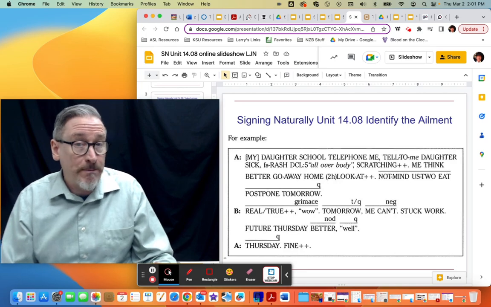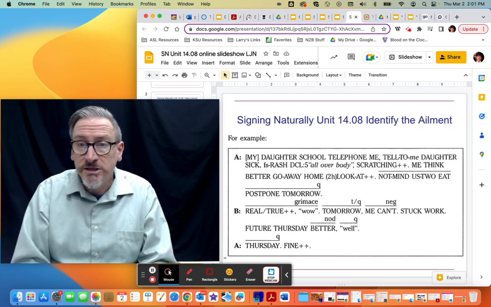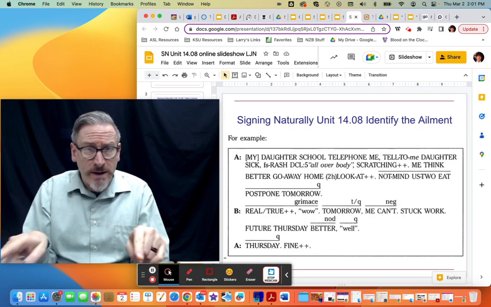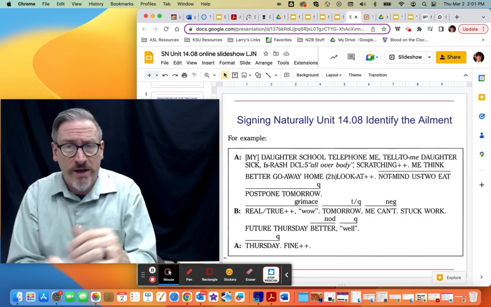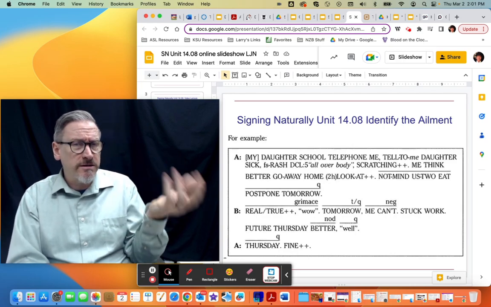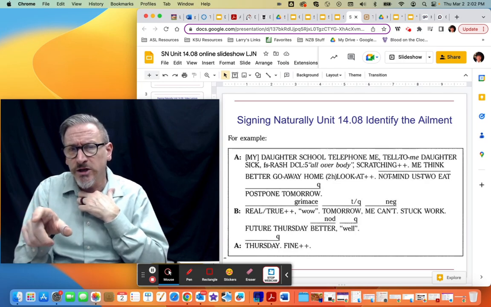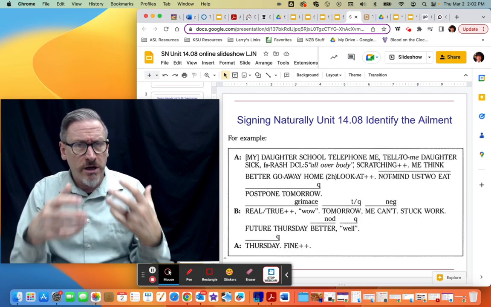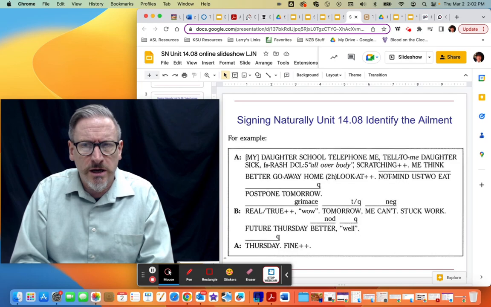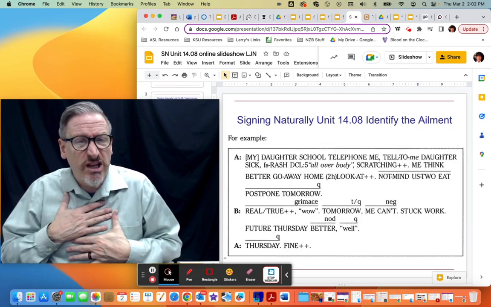There's a couple of example dialogues that are handy to practice. So if you go through and figure out, first of all, make sure you know all the signs, all the vocab, and we'll go through it right now. But then just practice this to get a feel for it. Sometimes reading the gloss is a bit weird to get used to. So eventually it'll all start to feel right.